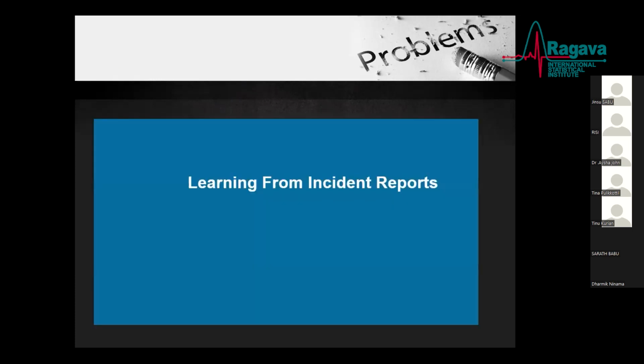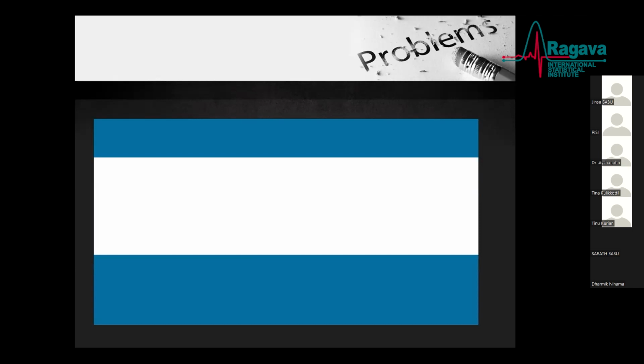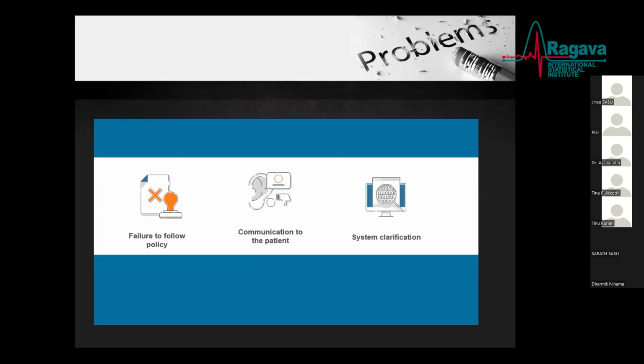So what we learned, I do not have time, so I can't go into much detail, but such kinds of questions and inquiries we should go through instead of just blaming the patient that there was an issue with him. So there was a lot of gap in understanding to follow policies, or maybe there was a communication issue with the patient. How the physician talks to the patient is also important. And finally, there was some system gap.